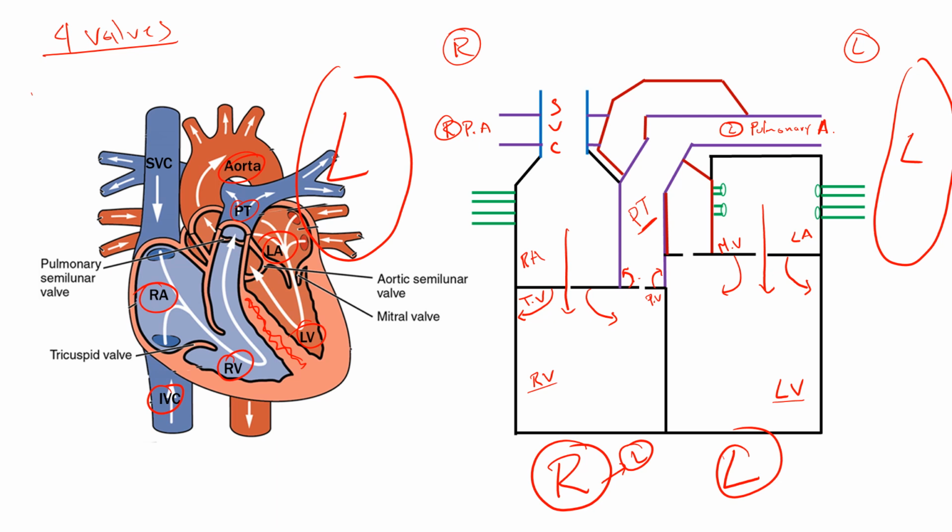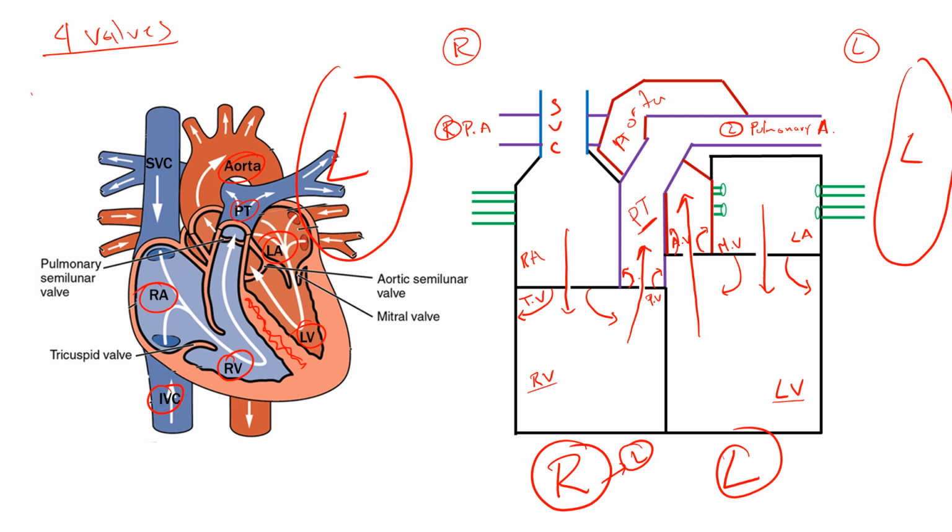Ventricle communicates with another valve. This valve is called the aortic valve. And it's called aortic for the same reason the pulmonic is called pulmonic, because it communicates with the pulmonary trunk. The aortic valve communicates with the aorta. Okay, and they open this way. So the ventricles will pump blood out the